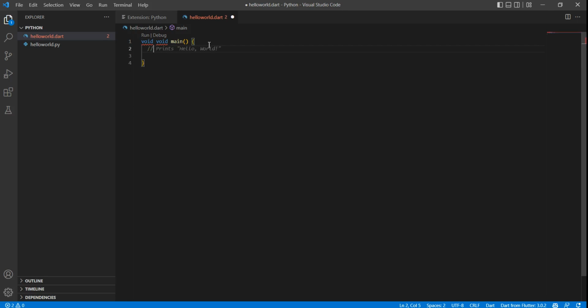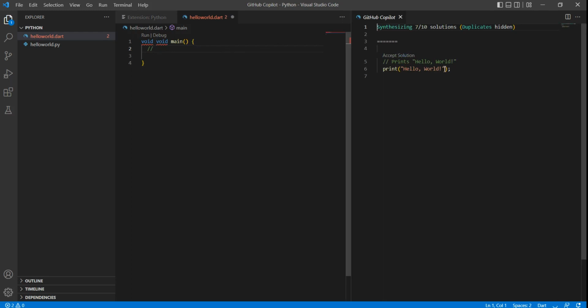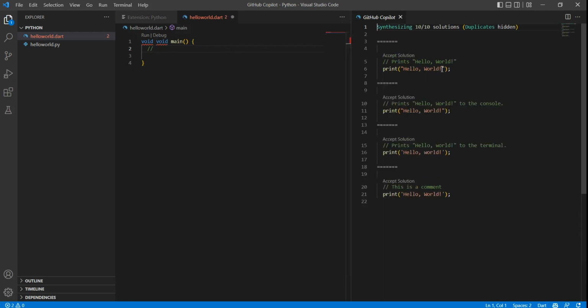Then we need to comment here. Like you can see, it's already showing print hello world. Open GitHub Copilot, and you can see all the possible responses that we want here, and we can choose from here, like